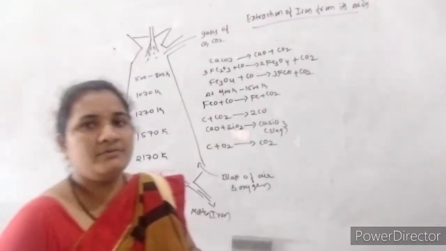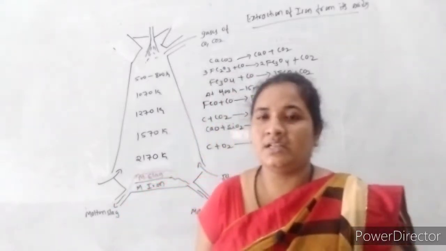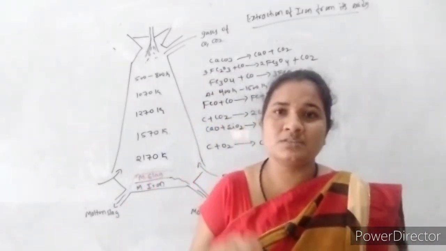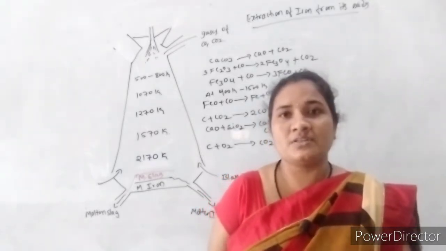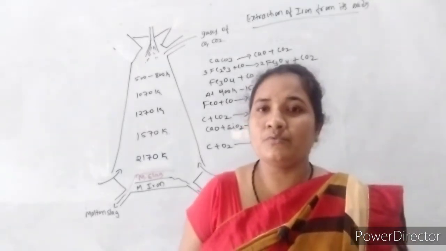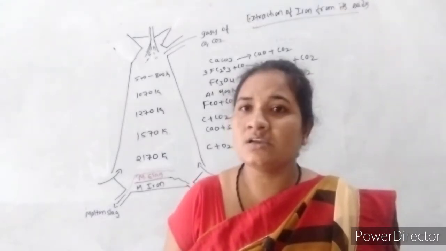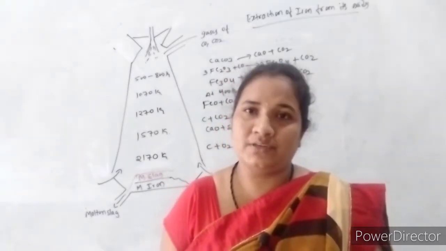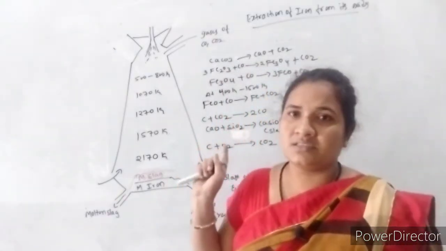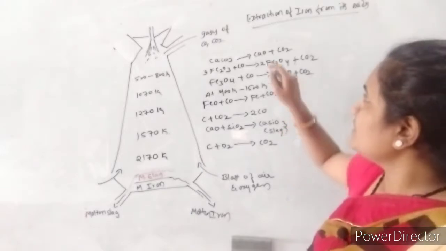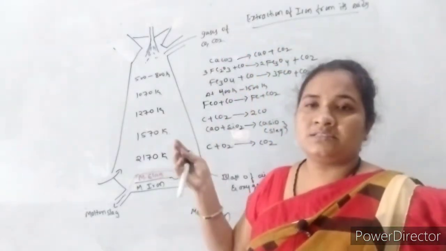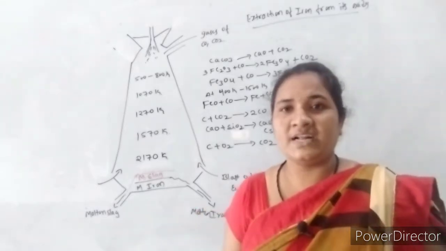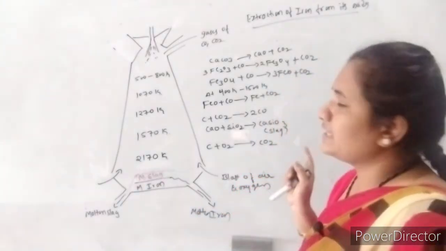Okay, so whenever we are taking the ore firstly, we have to do calcination or roasting. Because in the last video we learned that for the extraction of metal from its ore we have to do either calcination or roasting. We do roasting when the ore contains sulfide. In the case of hematite there is no sulfide present, so we can simply do calcination. If sulfide is present we have to go for the roasting process; if sulfide is absent then we do calcination.